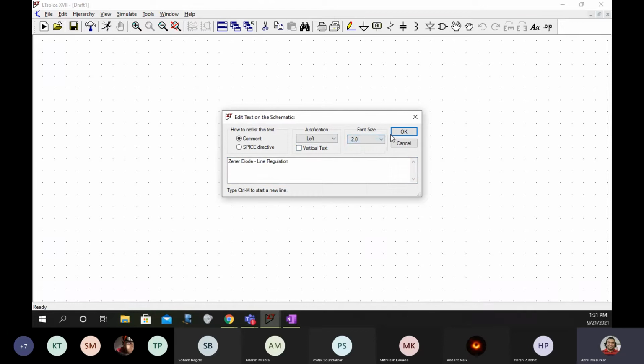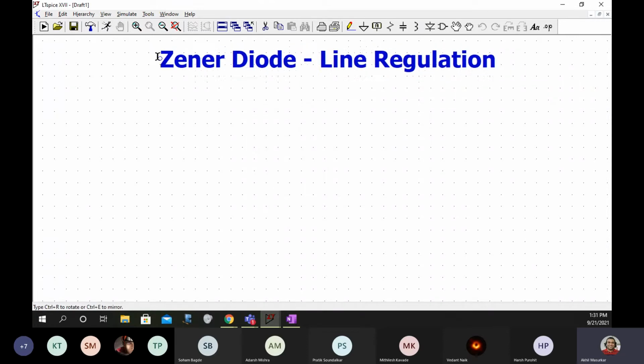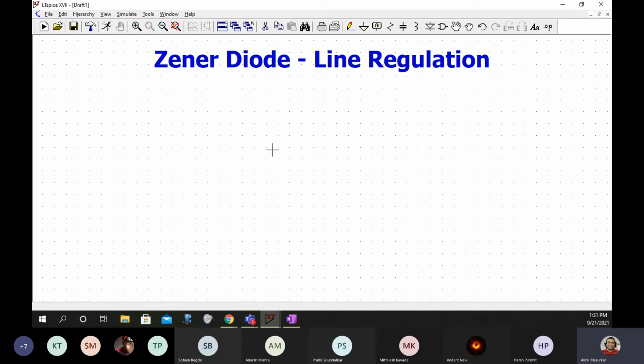Let's put a nice heading there. Line regulation, and you can also put your roll number and everything. Now let's build the circuit.